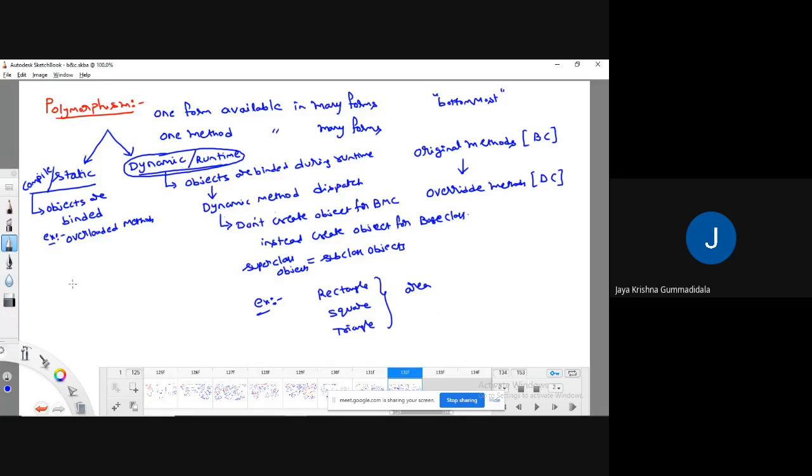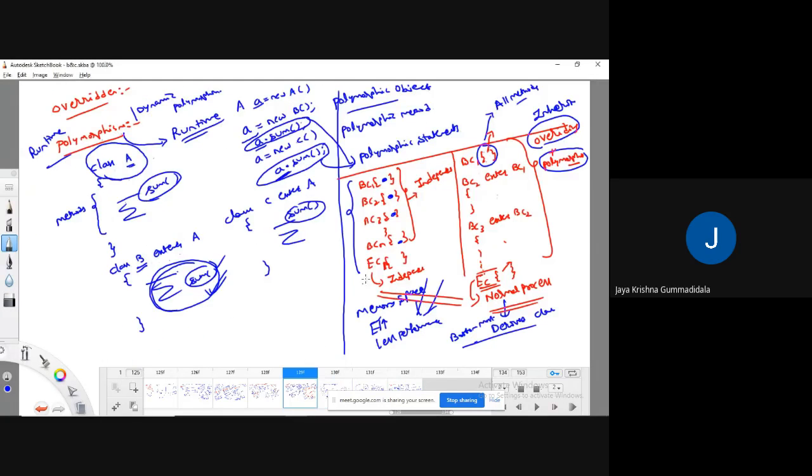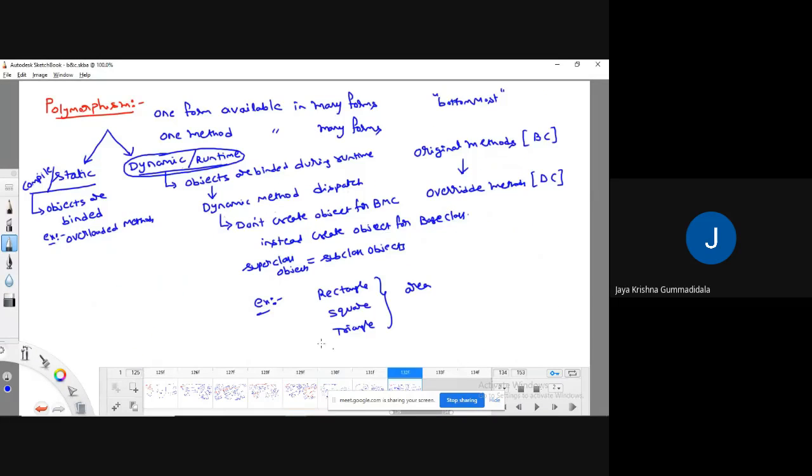In the morning class, I defined various cases. In case one, all the business classes are independent, and the execution class follows the normal procedure to execute all the business classes.